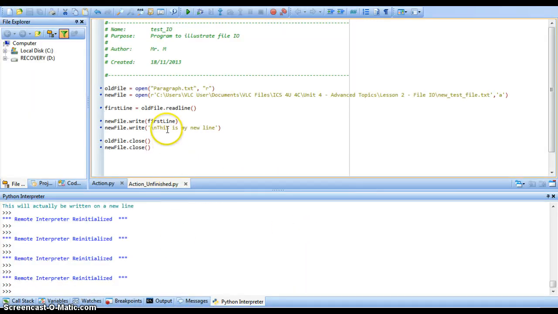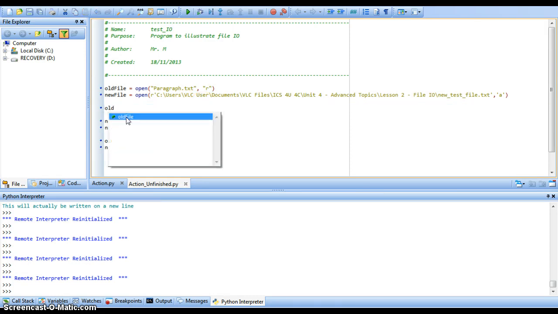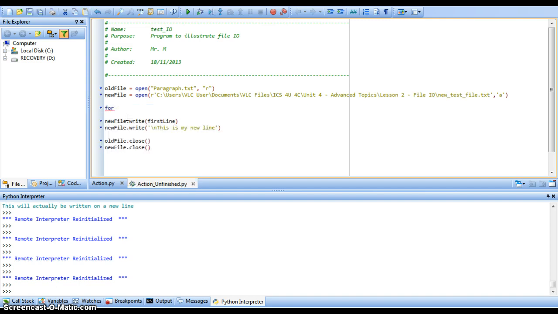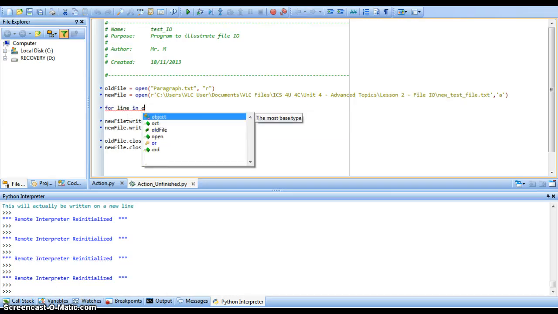As opposed to needing this read line command, if I wanted, what I could do here is after I've opened up my file, I could take a for loop, and I've called my original file